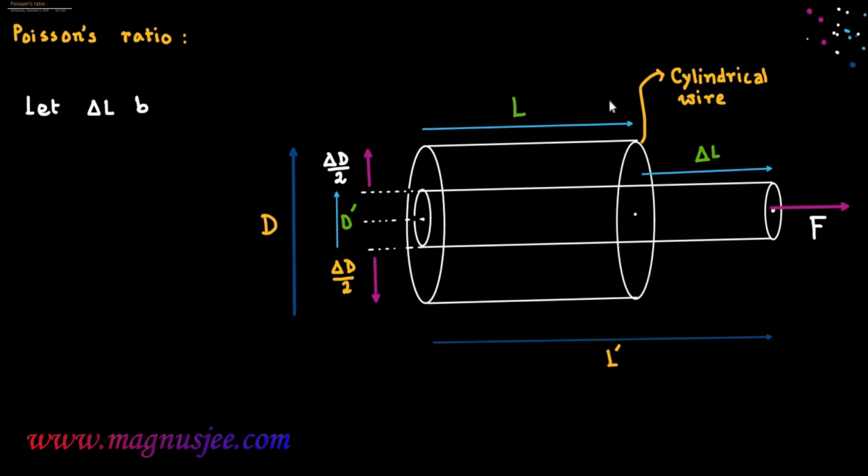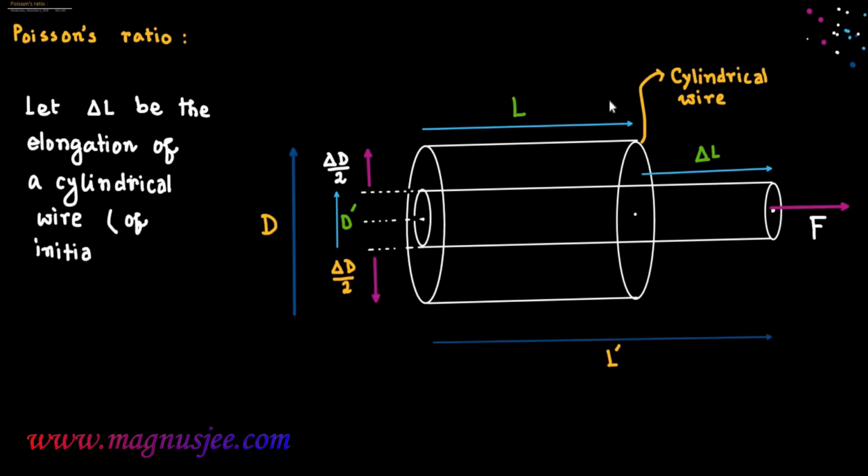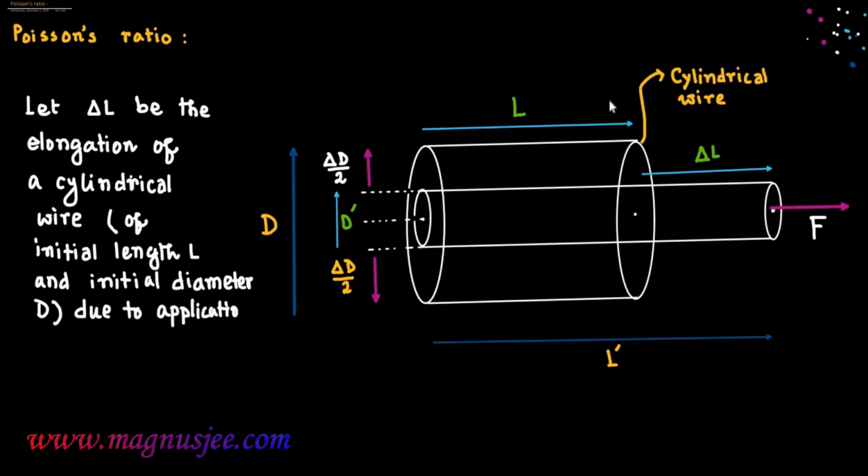Let delta L be the elongation of a cylindrical wire of initial length L, capital L, and initial diameter D, due to application of a deforming force F